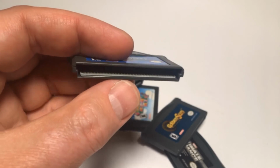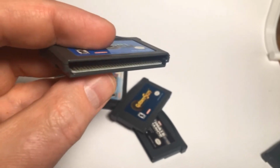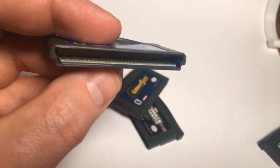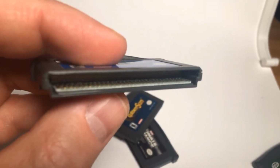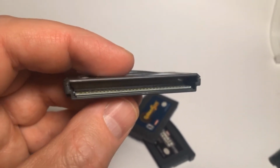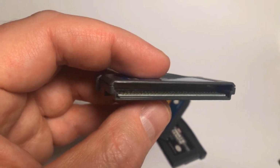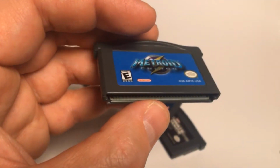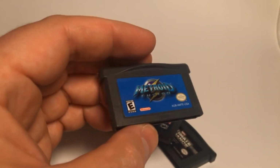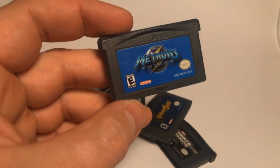Now, if you look at the contacts on the inside, let's see if we can get a light down here. Change our camera angle. Right there on the inside, those contacts, right above the contacts, it says Nintendo and the year. So the year, the Nintendo, and then there's some numbers. I don't know if that's showing up. And again, that is an indicator. You want as many of these positive indicators that it's genuine